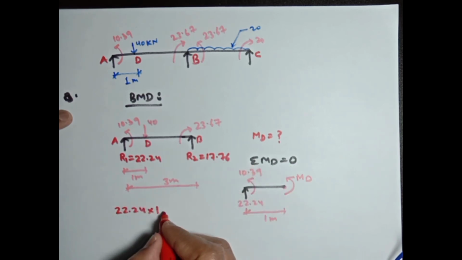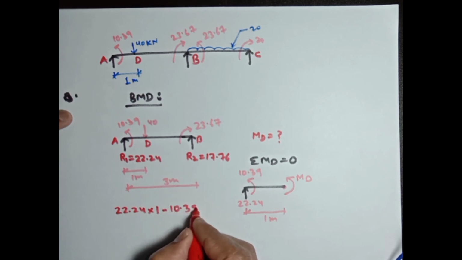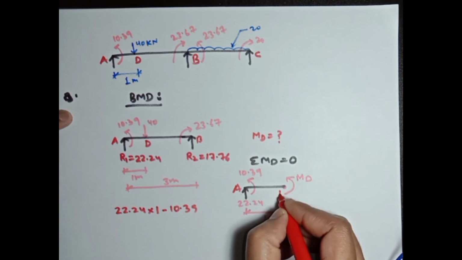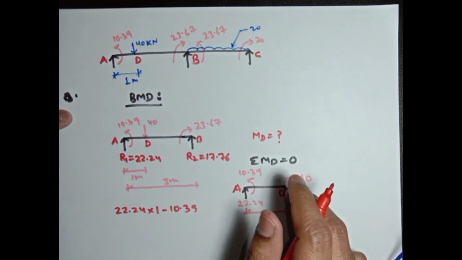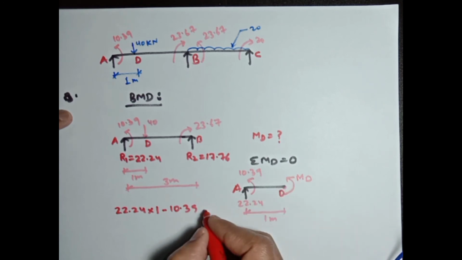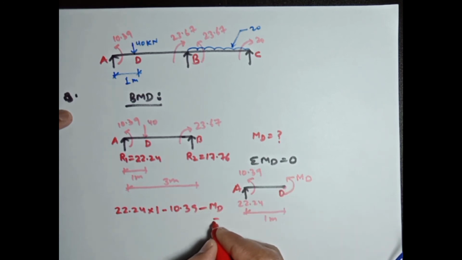This will give a value of minus 10.39, because it's giving anti-clockwise moment at joint A. And at joint D we are assuming a moment in anti-clockwise direction, so it will be minus MD. Total will be 0, so you can say MD value will be